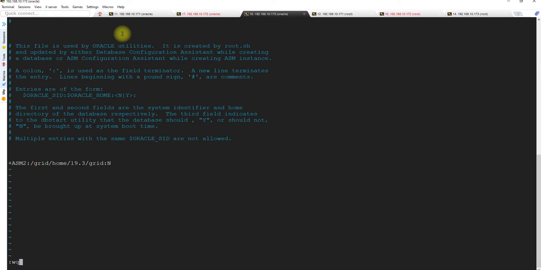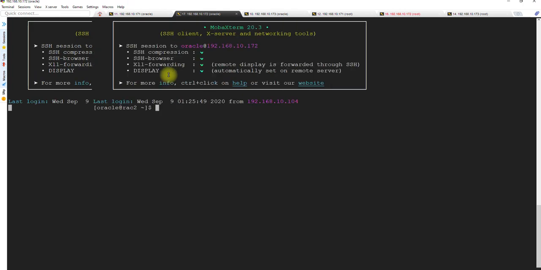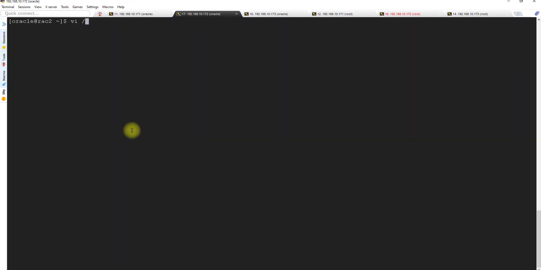Okay, and let's see if we can connect to this. Yeah, we are able to connect. vi /etc/oratab.